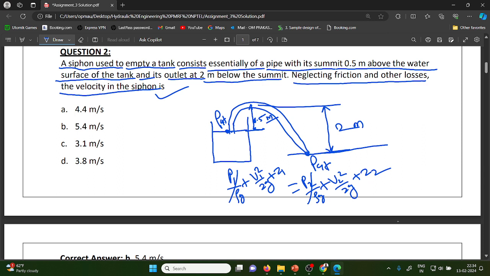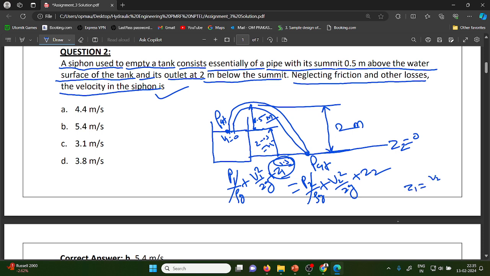what will be the value for Z1? If the datum is this, that is Z2 is equal to 0. Z1 is how much? This height 2 minus 0.5, 1.5. So here 1.5. Velocity at point 1 in the tank is 0, V1 is equal to 0. So what is remaining here? That is Z1